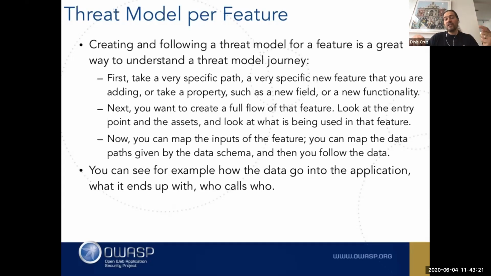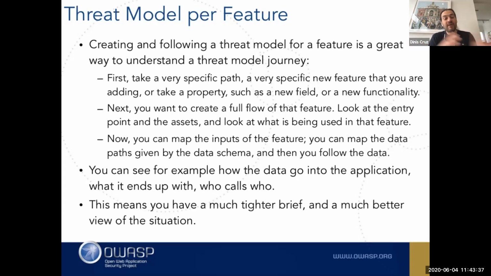And for example, on GDPR, there's some really cool stuff you can do, because GDPR also forces you to track the data, and then the right to process, and who's supposed to touch it, and where does it go, and do you even have the authority to do it, and all that jazz. So it's a great benchmark. Eventually, by the end, you have really good tight briefs on this.